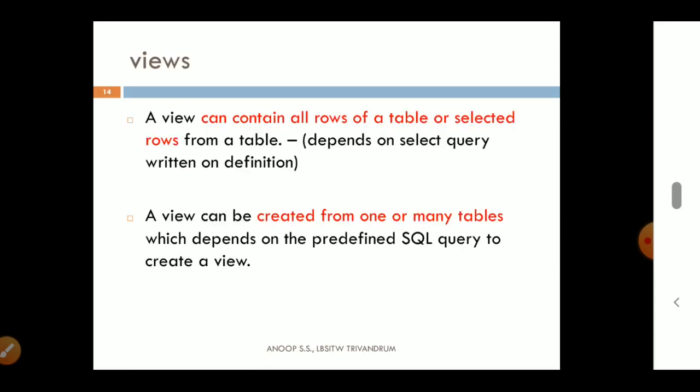So when you're creating a view, we can say some properties for views, like the view can contain all rows of a table, or it contains only selected rows from a table. What does it depend on? It depends only on the select query that we have written for that view.